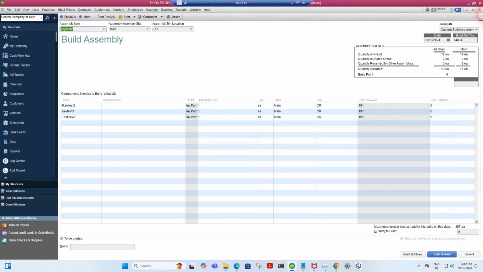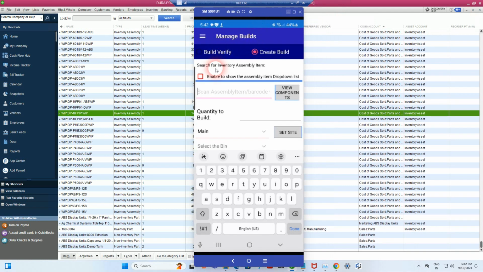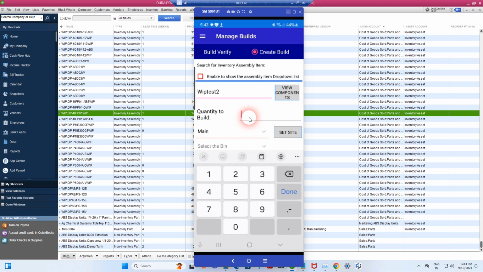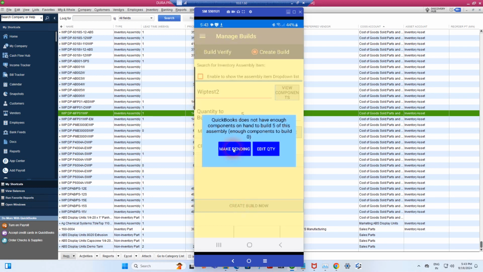I'm just going to close the build screen here, and we'll just bring this over, and let's just create a build for this item, and we're just going to create quantity 5, easy to remember, and we're going to make that build get put into, we have a certain bin set up, and I'll explain more about that in a little bit here for doing that. Okay, we're going to use this bin. We're just going to create 5 of this build assembly item. Okay,